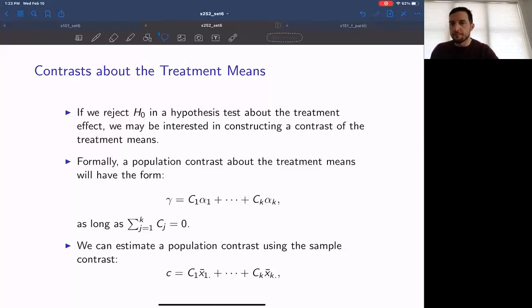Now, as a reminder, because this question has come up a few times through email, a contrast is a linear combination of the means. But the contrast requires that the coefficients of that combination add to 0. So you can have a linear combination of the means, which means that the means are added or subtracted to one another, no multiplication or division, and no other type of transformation. But the coefficients don't have to add to 0. And if that is the case, then you have a linear combination, but you don't have a contrast. Okay, so for example,